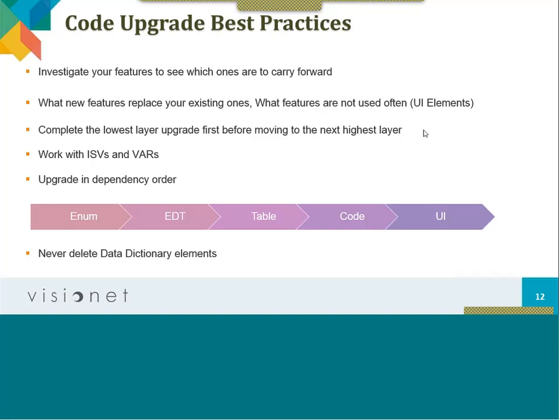rare cases as well. The upgrade and dependency order. This is a bit technical: you need to make sure that you upgrade your enums, the EDTs, the tables, the code, and then the UI. A simple example is that if you try to update the UI without upgrading the tables and the code, it basically won't work. And if there is any information in a table which is fetched from an enum, and all the master tables and any extended tables, those need to be upgraded first, and then